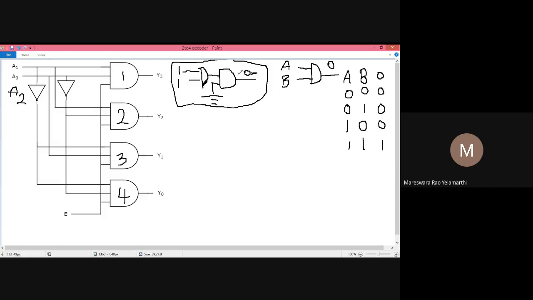First an AND gate, next also an AND gate. Others, please, what is the output? Please answer quickly. What is the output of that particular gate?